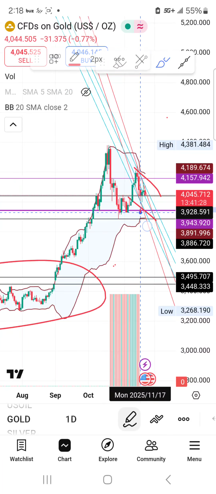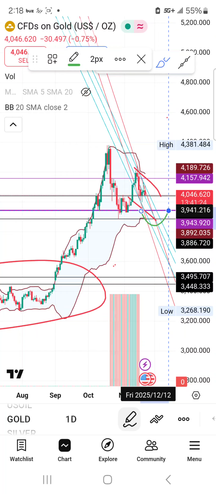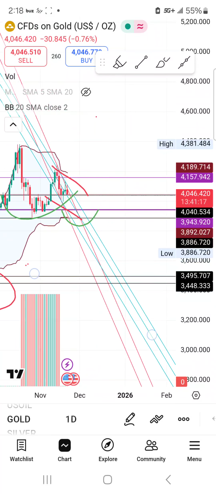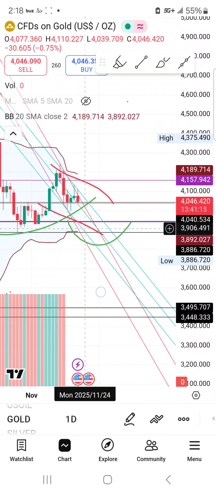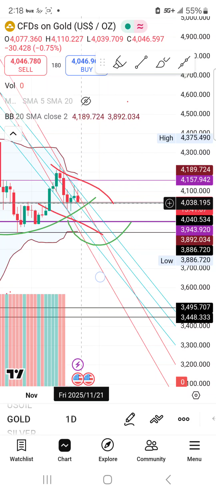Check this out. You can see a proper head form off of this. We'll make this green for distinction purposes. This will act as a left shoulder, that liquidity, and then over here, and it has to trade outside of it. And this is on a daily chart, so you can't be overzealous when it comes to bullish moves if we're still going to be inside this algorithm, and very, very soon it could break.